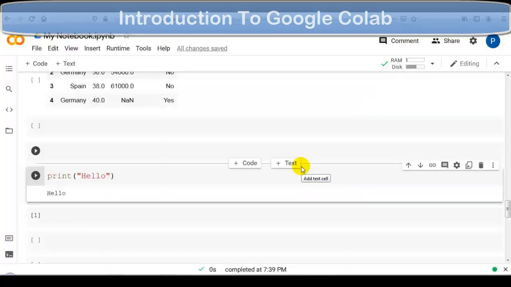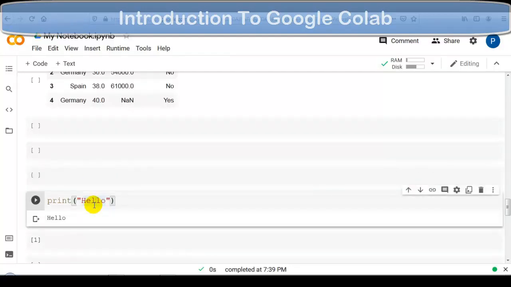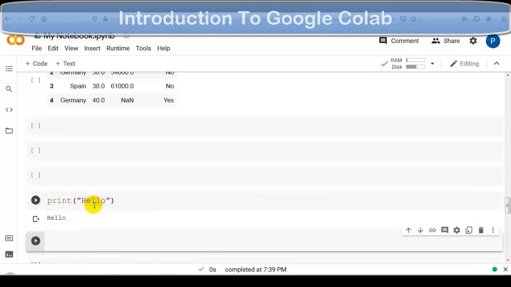So now let me show you how we can install a required library in this Jupyter Notebook. Before that, I want to tell you one thing that I forgot. How we can add a new cell above this particular cell. For that, we have to press Escape A to add a cell above. If you want to add a cell below this particular cell, then we have to press Escape B. So this way we can add a cell above and a cell below this particular cell.